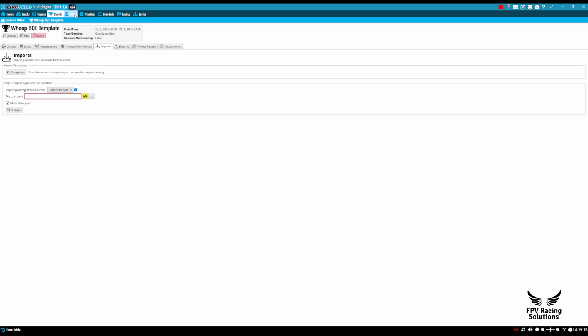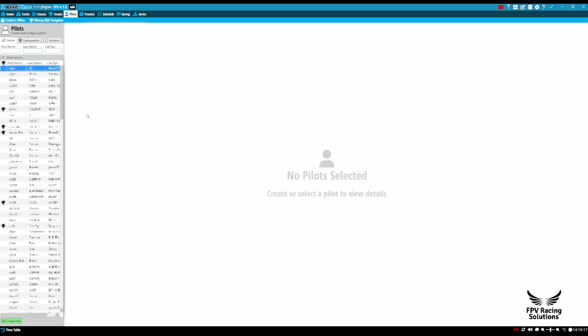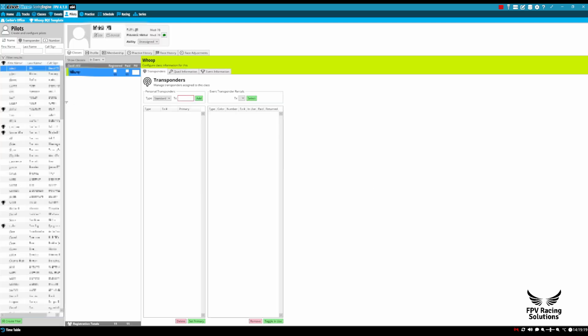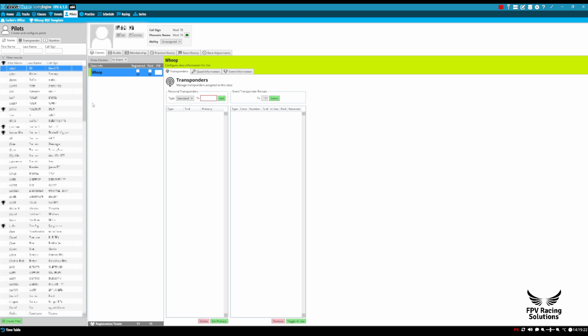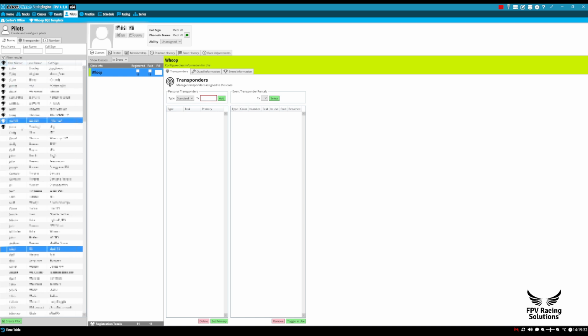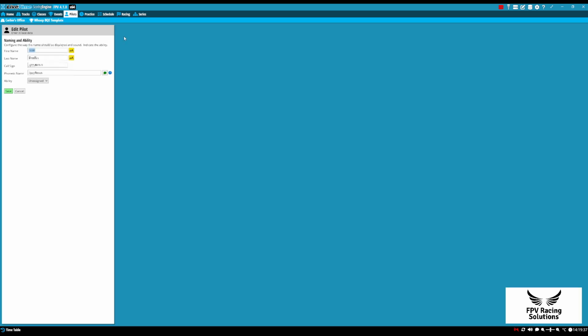So next tab, onto pilots. A good thing to do here is make sure that your phonetics are all good and your call outs are going to be good. So in your pilots list, you can see all of these with the trophy are the pilots in our event. I'm going to click the trophy at the top here twice to order them all. I'm going to go into the first pilot, and I'll just show you on the first one, hit edit,